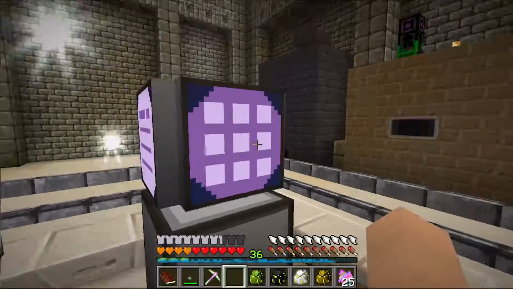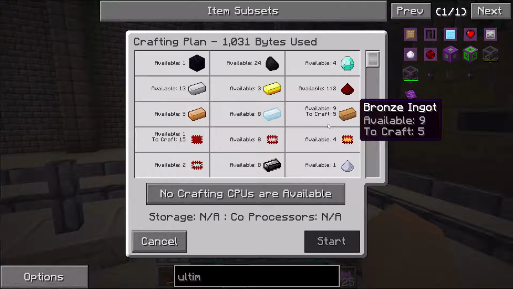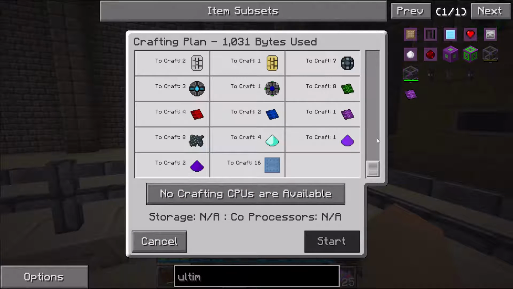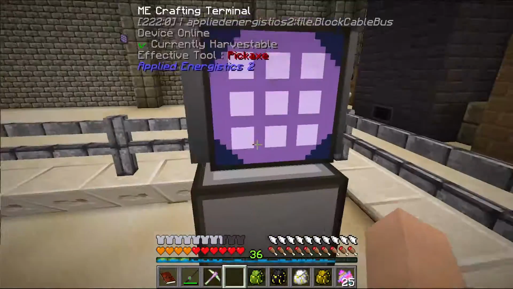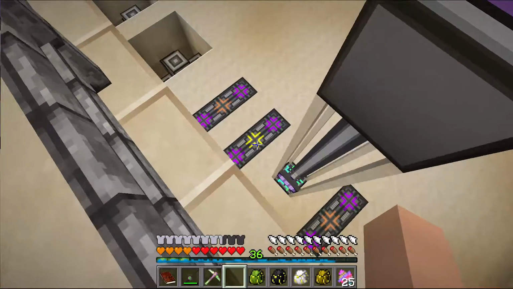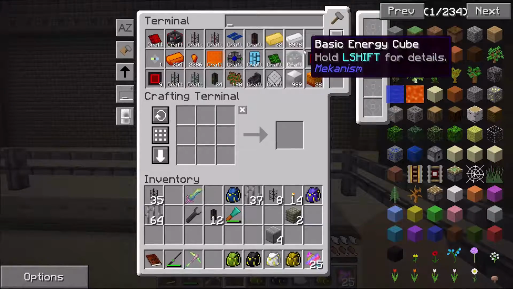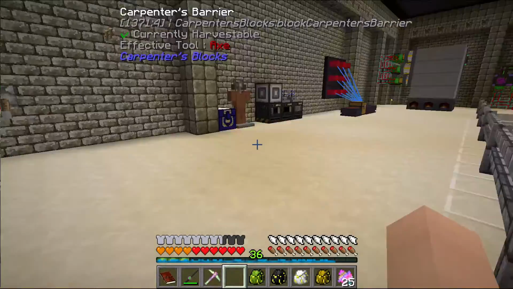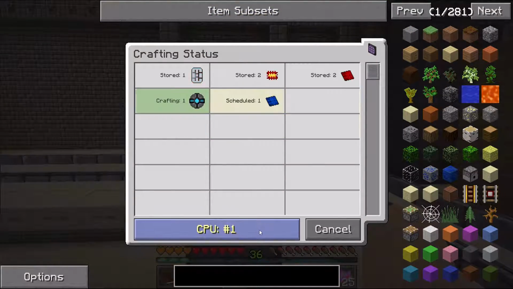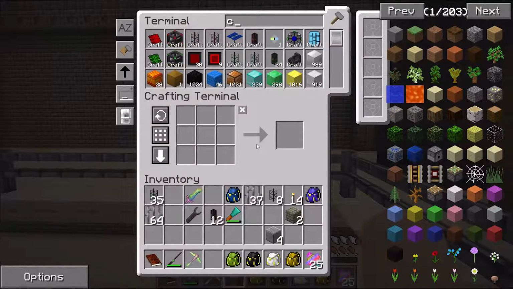And unfortunately, one of those ultimate control circuits is more than 1,000 bytes. Gosh, I can't even craft a single one because of that. So I probably need to wait until this other crafting CPU is available. I really need to upgrade my crafting CPUs because a lot of mechanism has so many steps. It requires a lot of memory in order to craft that, so I might end up having to do that. So I guess what I'm going to do is for the crystallizer,